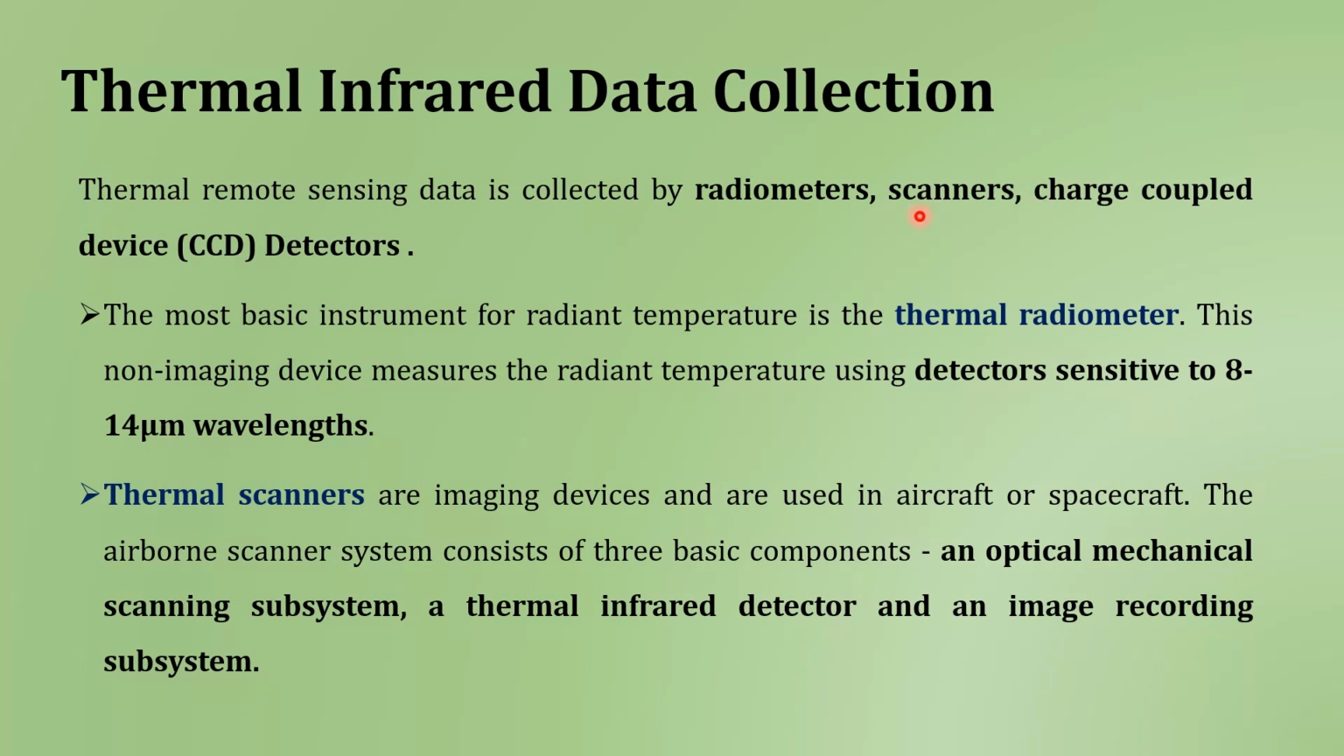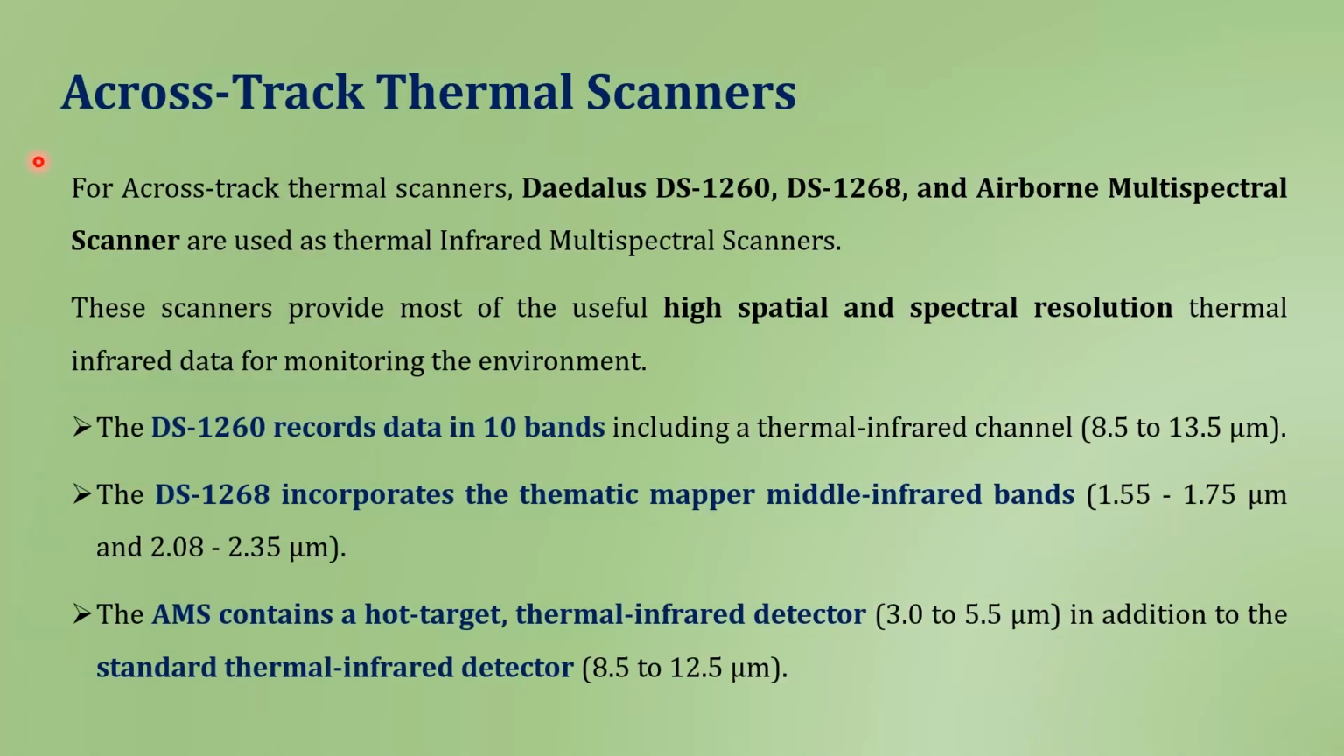Next we have the scanners. These are the imaging devices which can be used in both aircraft or spacecraft. Any airborne thermal scanner system consists of three basic components: an optical mechanical scanning subsystem, a thermal infrared detector, and an image recording subsystem. These thermal scanners are generally across track